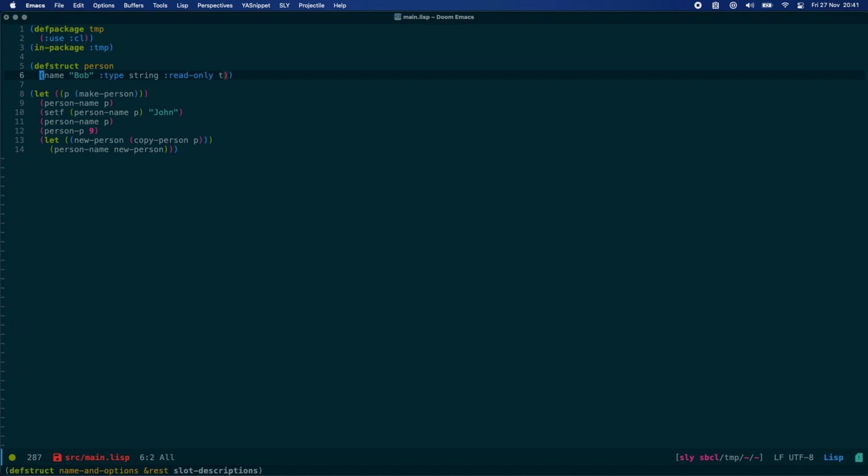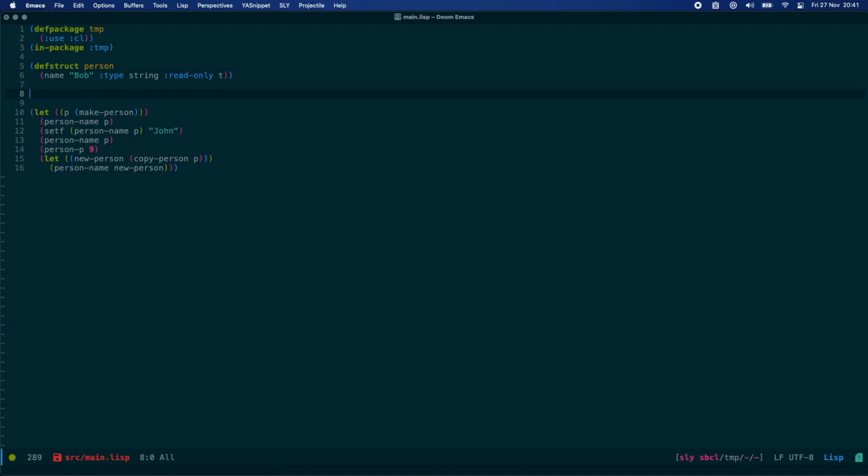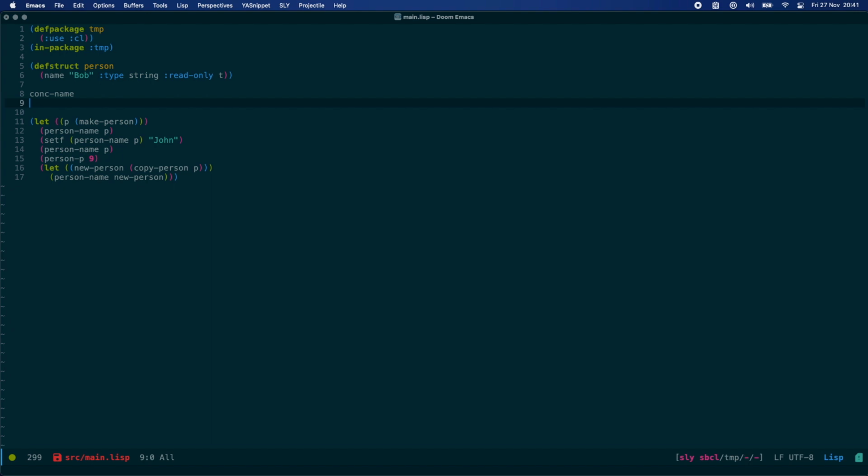So we're gonna really have a look at what we can do there. Now the list of things that can be passed into a structure are conc name, constructor,